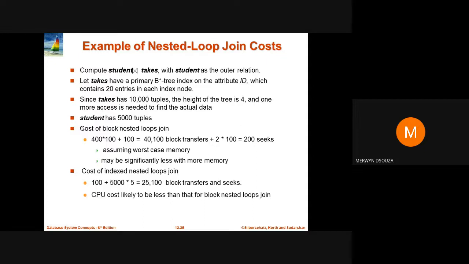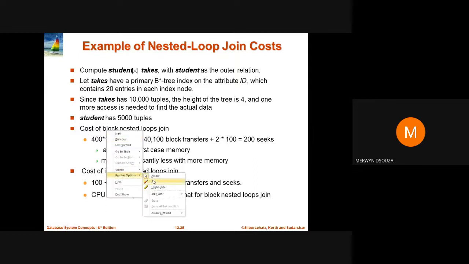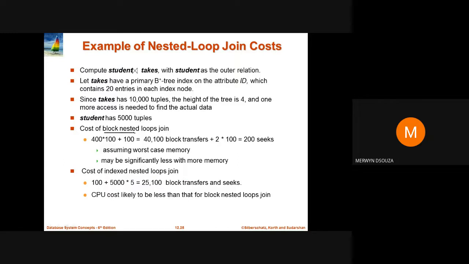Using the previous formulas that we have discussed, the cost of a block nested loop join would have been 400 into 100 plus 100, so 40,100 block transfers. And the number of seeks would be 2 into 100, so 200. Here we are assuming the worst case memory.